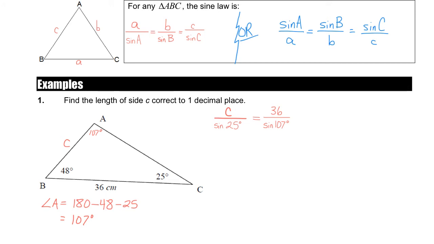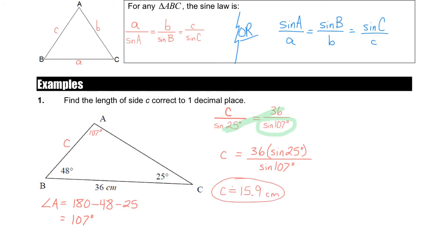Now I just have to solve this proportion. If you recall our lesson on solving proportions, to solve for the unknown, you cross multiply, so multiply the diagonals and divide by the number left over. So C is equal to 36 multiplied by sine 25 divided by sine 107. And when you do that in your calculator, you should end up with C is equal to about 15.9 centimeters